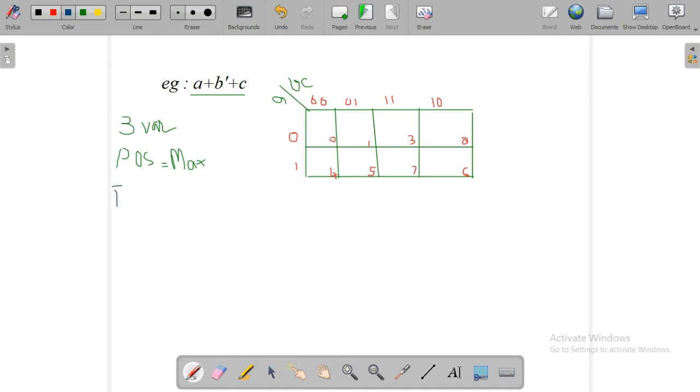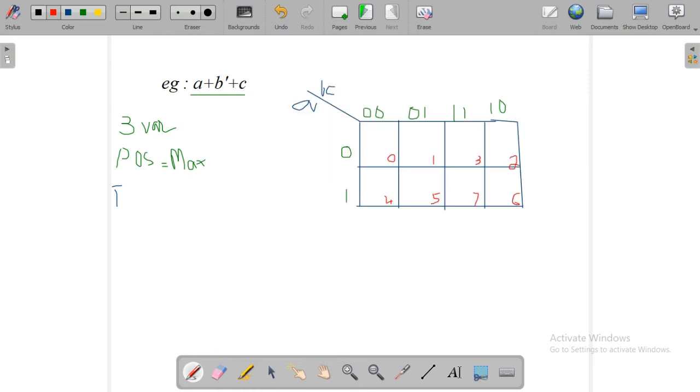So here 1 is A dash, 0 means just write as A. So this is 3 variable K map, and this A plus B dash plus C is the max terms indication. So we know the concept. If it is max term, 1 should be negated. So we can write the values here. 1 means it is A dash, POS expression 0 A,